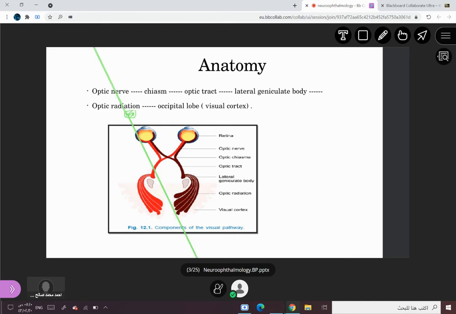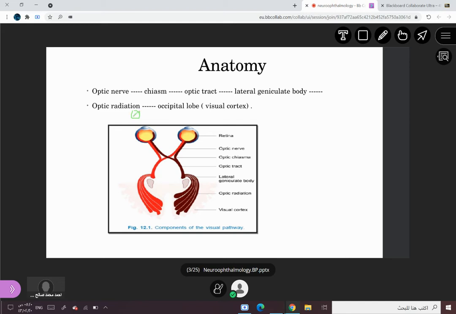This object will fall. Okay, this object will fall